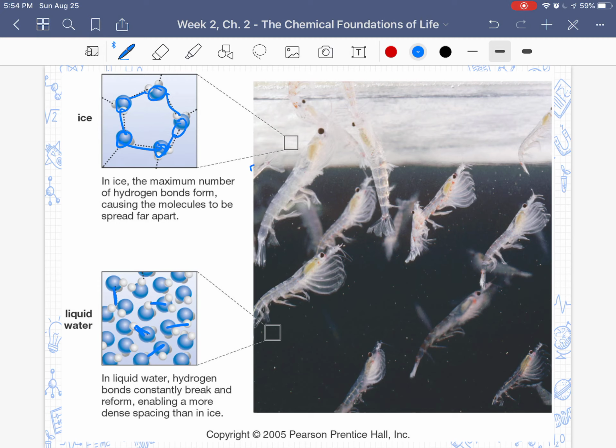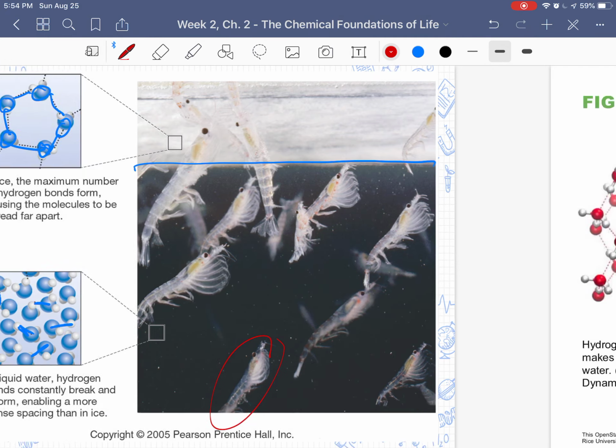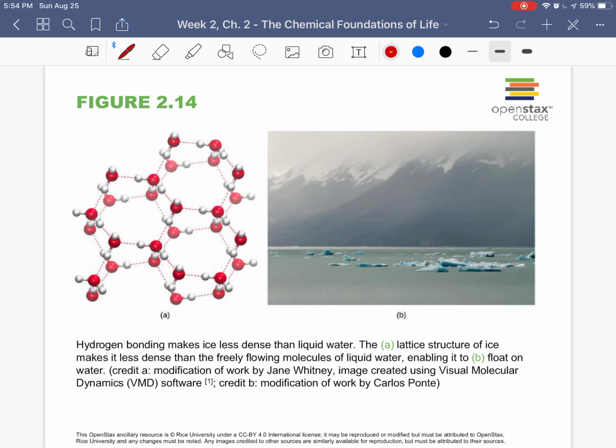Less dense things float. It's going to form a layer on the top of that water system, and the organisms that are living underneath that layer kind of have that insulative quality in their ecosystem to help maintain their environment. Now, is it going to stay warm? No, it's not going to stay warm, but it's maybe just not going to get as cold. This is another example of crystalline structure, and you can see that there's ice floating on the water.